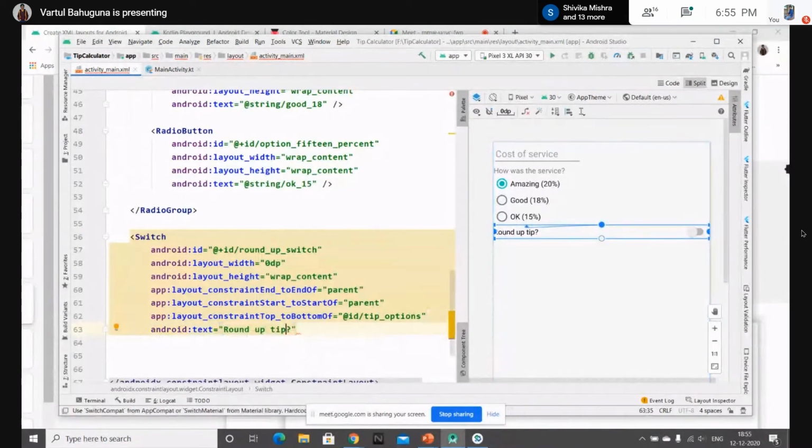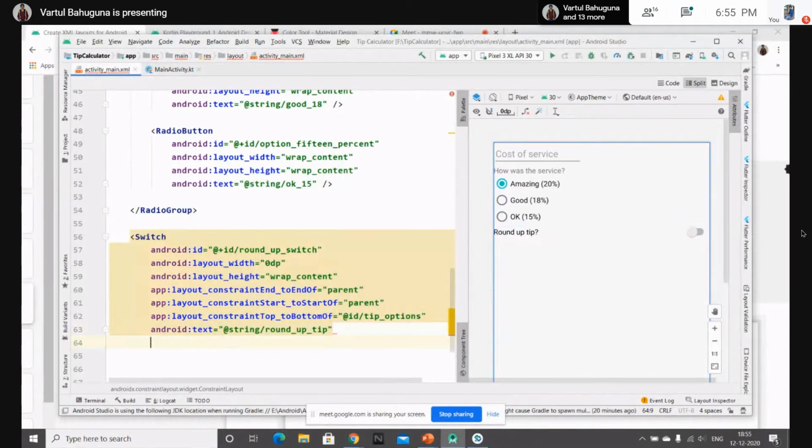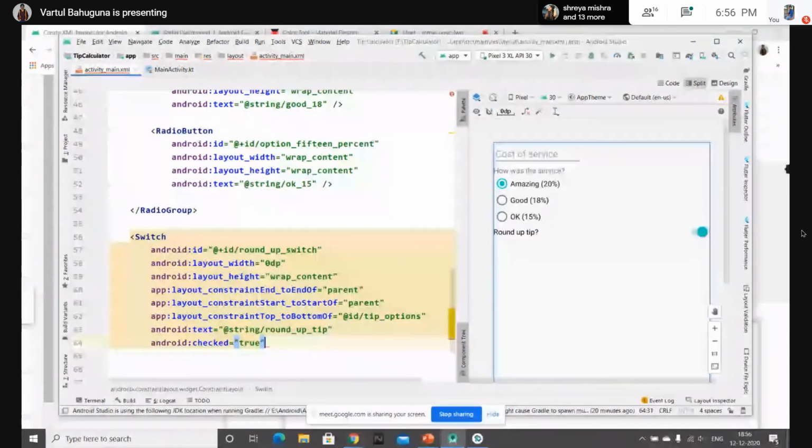Set the text and then extract it from the string resource, and set the checked attribute to true. So here we are done with our switch button also.